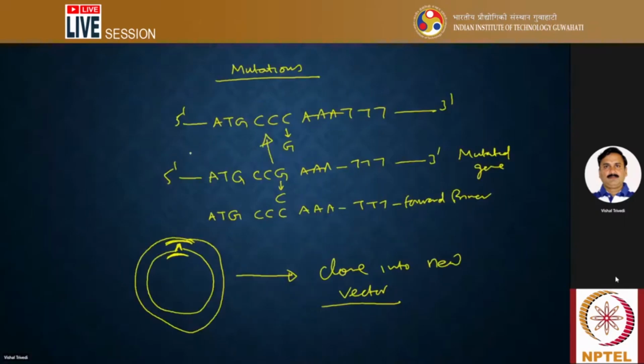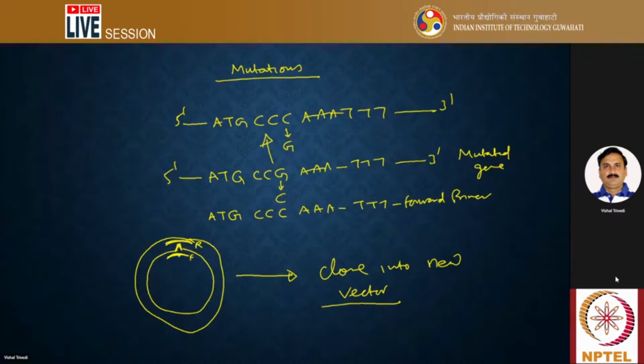So this is what I said. We can have this gene, and if this got mutated, this is going to be a mutated gene. In that mutated gene, if you generate a primer, the forward primer is going to be this one, the reverse primer is going to be this one. If you like, you can have the mutations in the reverse primer also. That way, both copies of the gene are going to be mutated. But that is not required because you can easily clone this gene,